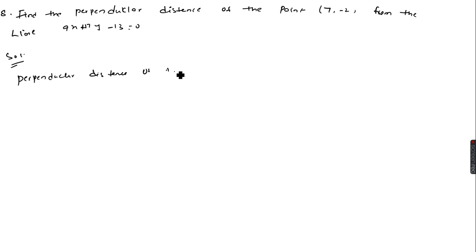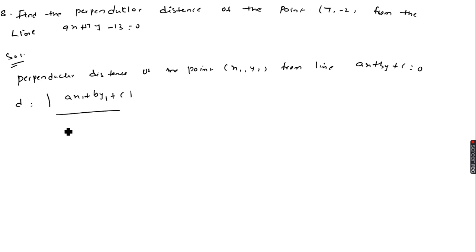of the point (x1, y1) from the line ax + by + c = 0. Therefore the distance d equals modulus of (ax1 + by1 + c) by root of (a square + b square). We know that (x1, y1) is nothing but (7, -2). So therefore,